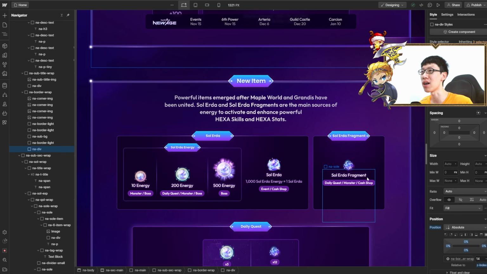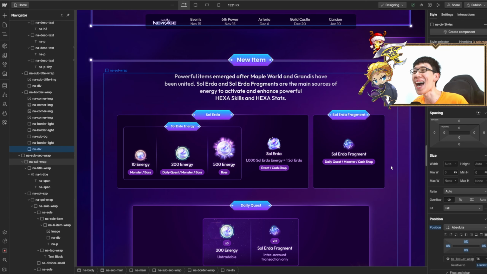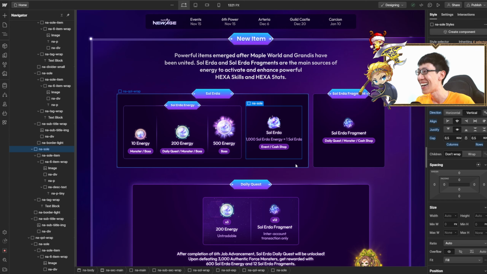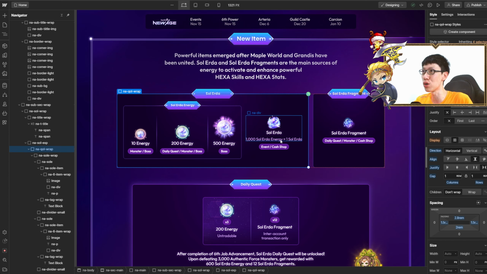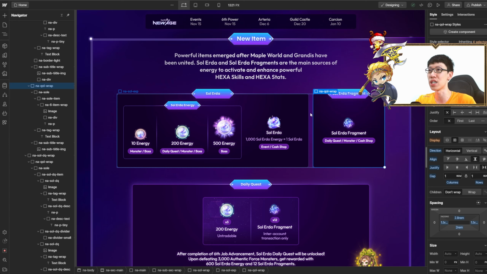Okay, now moving on down, this section over here. Wow, this section, I gotta tell you, my man, I've been brainstorming how to actually explain it to you guys over here, right? To me, you guys not confused. Previously, it was even worse. You know, as myself, as a UX designer, I'm looking at it, I'm like, nah. I changed everything up to make it like this. So previously, I was like, this equals this, this was like, nah, too confusing, right? And you can get it from events and cash shop, as well as the Soul Earth fragments over here, a little bit separated from the Soul Earth, that's why I separated it out.